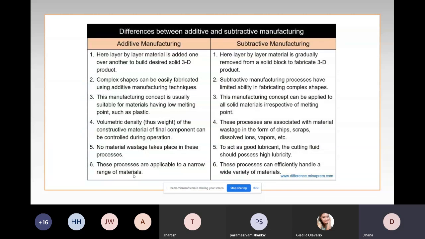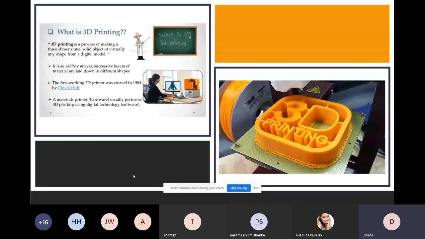So let's move on to 3D printing. In common terms, additive manufacturing, we will be saying it as 3D printing, which is called three-dimensional printing of a solid object from a digital model. The digital model is the file which you have designed, or your engineer designed it, or you can download it from any website. There are n number of websites available, even from Stratasys.